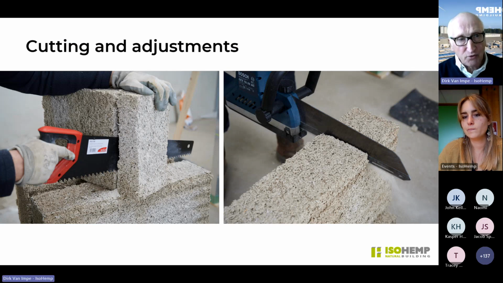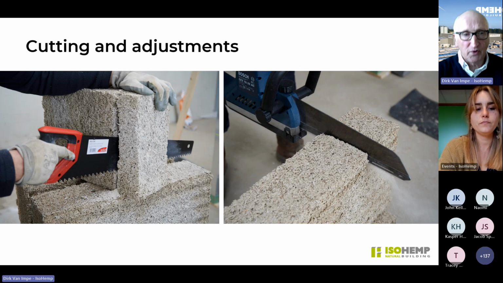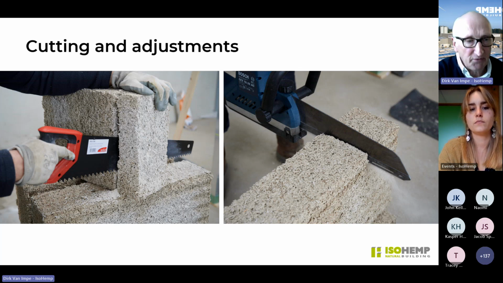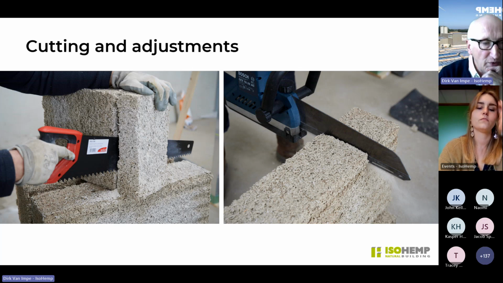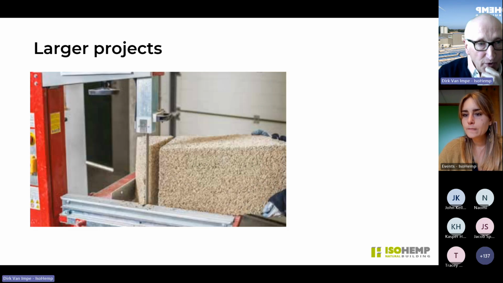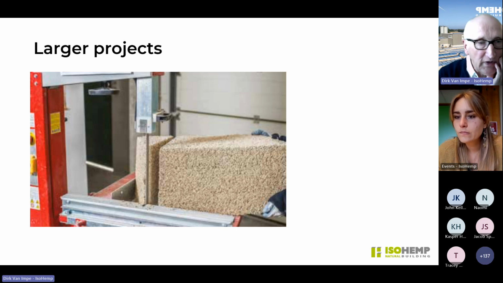Cutting is very easy. Small blocks you can cut with a normal hand saw. Bigger blocks, or if you have to do a lot of sawing, we advise an alligator saw. It's with two blades, an alligator saw with the saw for aerated concrete with hardened teeth. For larger works, or if you have to cut in edges, we advise a band saw, because this goes most quickly and you can have very clean, very straight